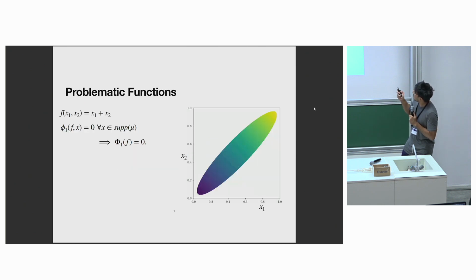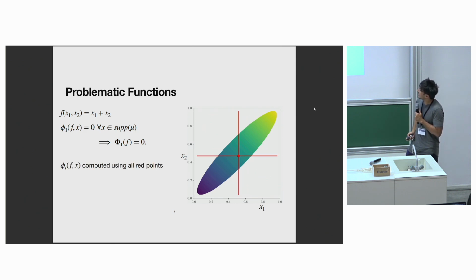So I'll quickly get into why, as is, SHAP doesn't have this soundness feature that we want. Here, I've plotted a function over this ellipse where f of x1, x2 is just the sum of x1 and x2. I've doctored this function outside of the support so that if you computed the first Shapley value, you would get 0 everywhere, suggesting that x1 is unimportant. The reason this happens is that SHAP samples across marginal distributions as opposed to conditional distributions.